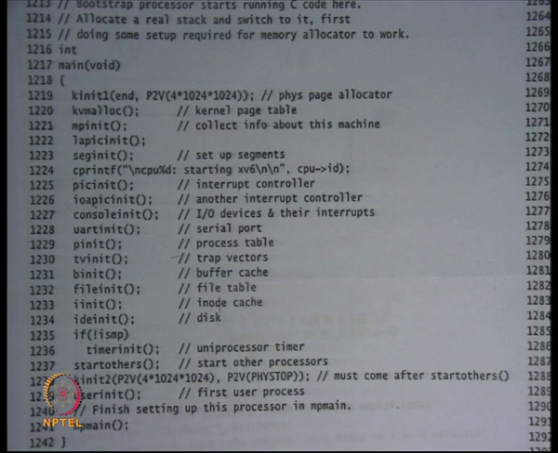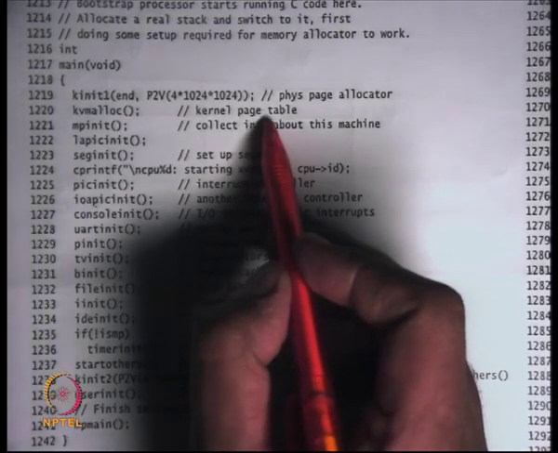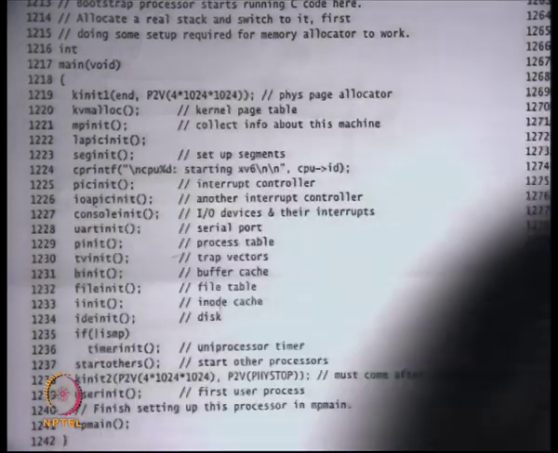Kalloc is just like malloc for the kernel. You can allocate memory and you can free memory, except that kalloc only works at page granularity. So malloc can take any size, but one kalloc call will allocate one page and give it to you. Then there is this function called kvmalloc, which will initialize the kernel page table, and that's what I'm going to discuss today, right?